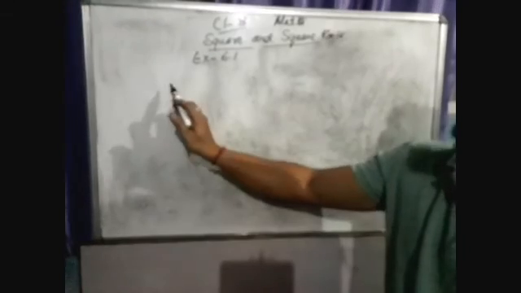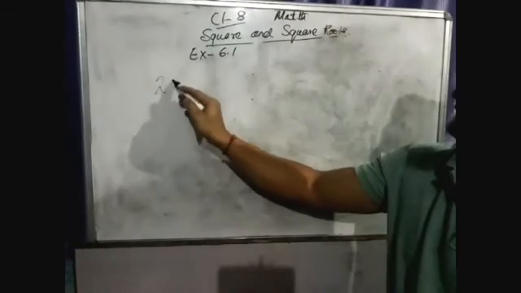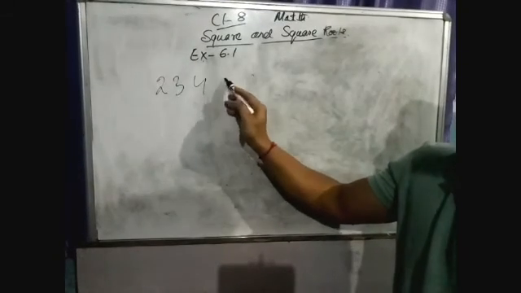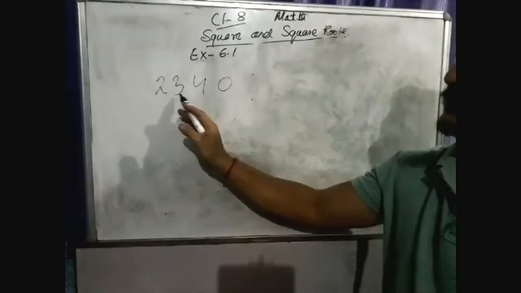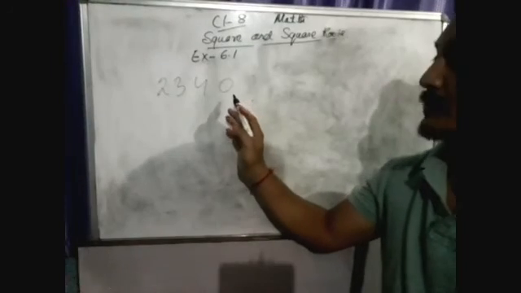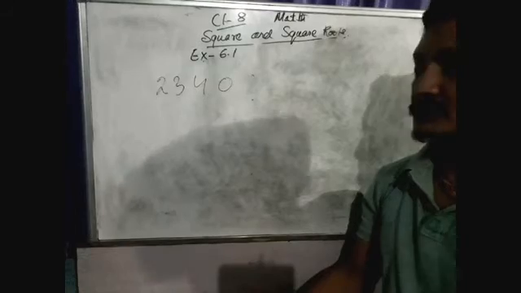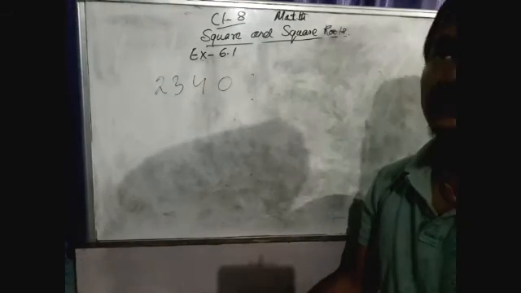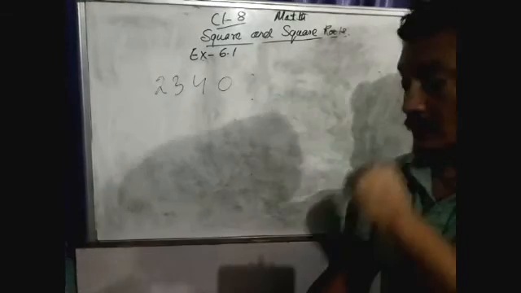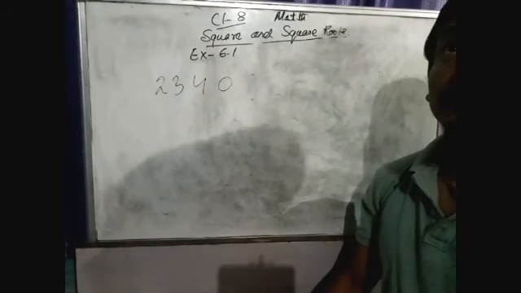If a number carries a single zero, okay, so suppose you take any number 2 3 4 0. So if you are asked to find whether 2 3 4 0 is a square number or not, so त्यतिबेला के गर्छौ तिमीले. Okay, so simple way तिमीले के गर्छौ, you start multiplying the numbers, right? So multiplying the numbers गरेर you start checking whether the number is a square number or not. But in a short way,